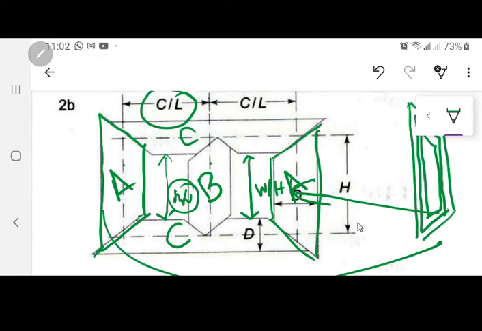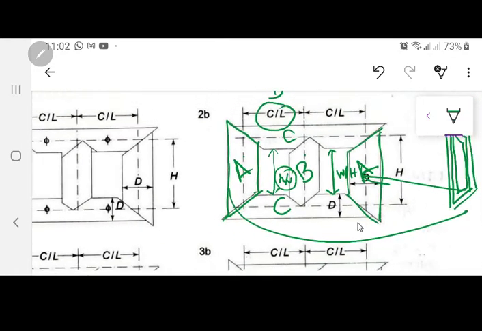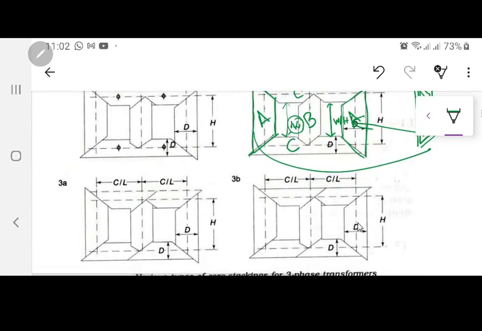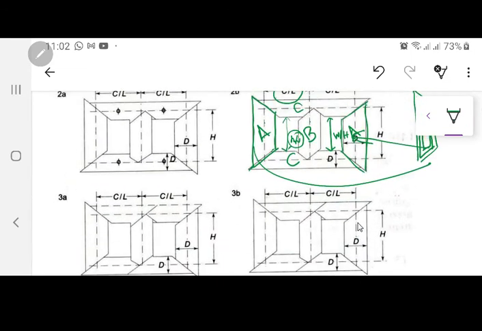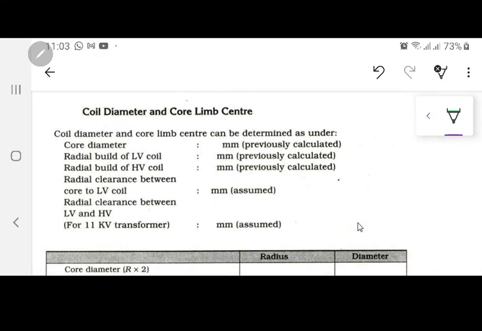Now with this shape A, B and C, you are going to have an advantage of using this one, but you have to take a calculation of each one, and you have to find out how many steps you are going to have, or how many laminations are going to be in shape A, in shape B, and then in shape C over there. So first things first, you have to tabulate the data that we have already found out in our previous lectures. Okay?